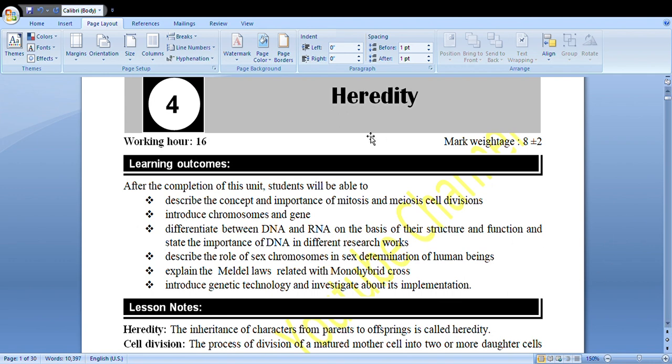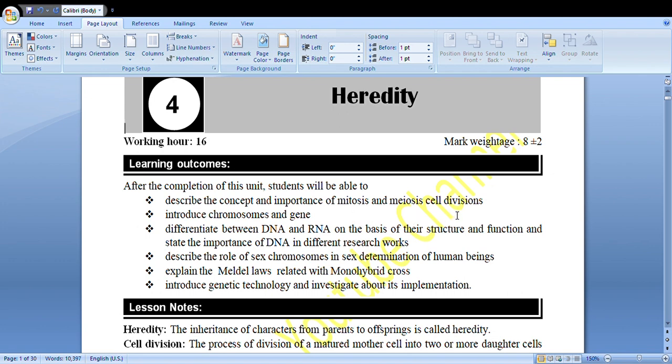So heredity, today we are going to discuss about heredity. This unit carries maximum 10 marks, 8 plus minus 10. So, learning outcomes. After the completion of this unit, students will be able to describe the concept and importance of